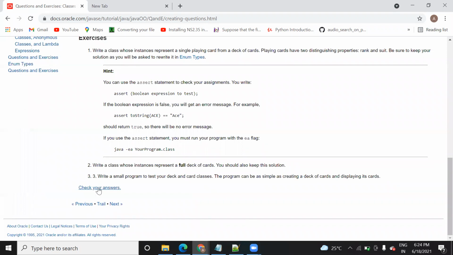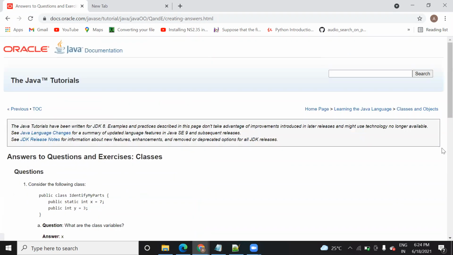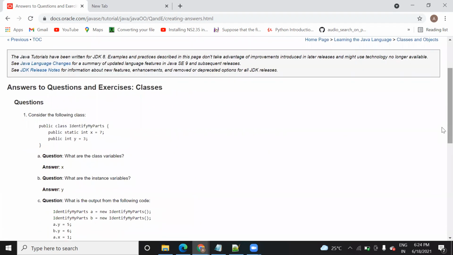Let's see that. You can check the answer and see the explanation here. So the instance variable is y, that you are correct, and the class variable is x. What is the reason behind it? Yes, the static word they have used. When we use the static keyword, it tells you that the variable belongs to that class.